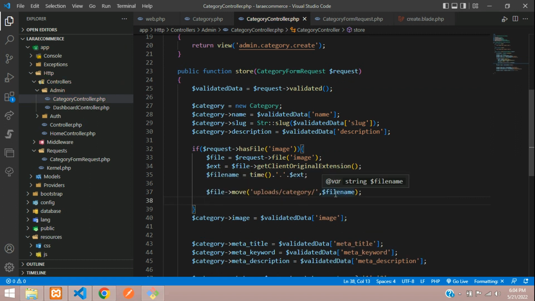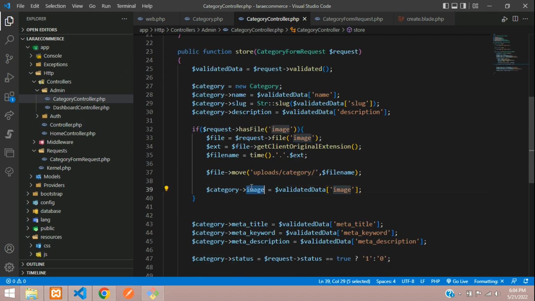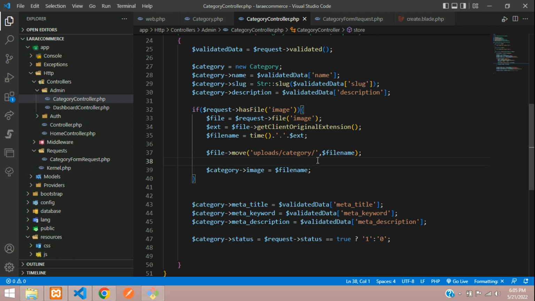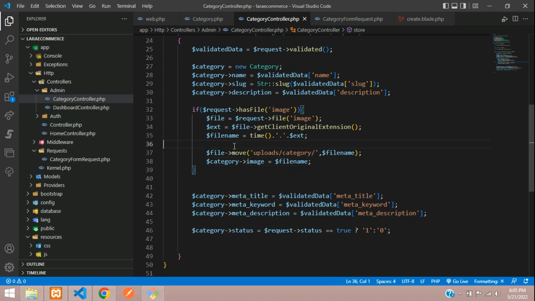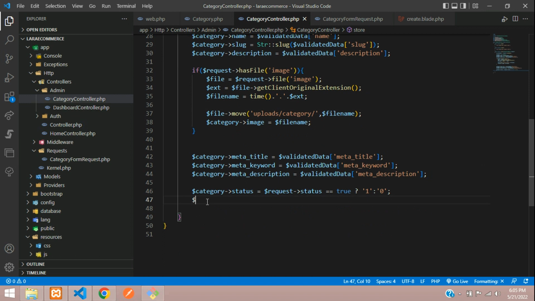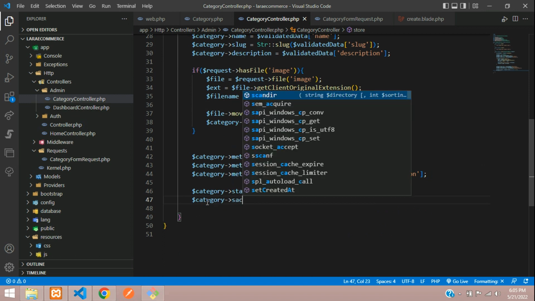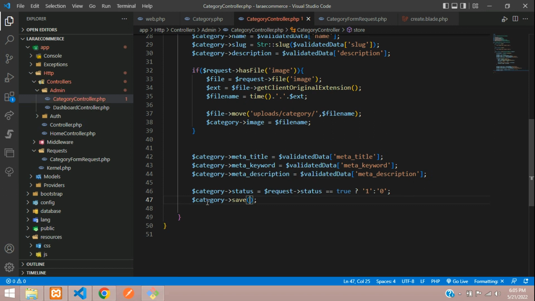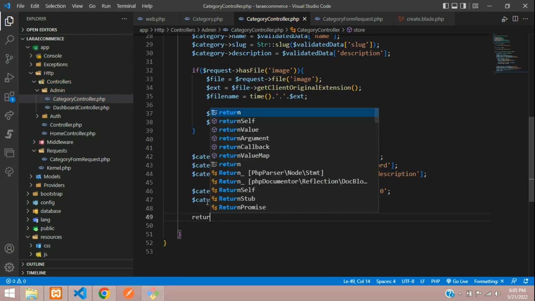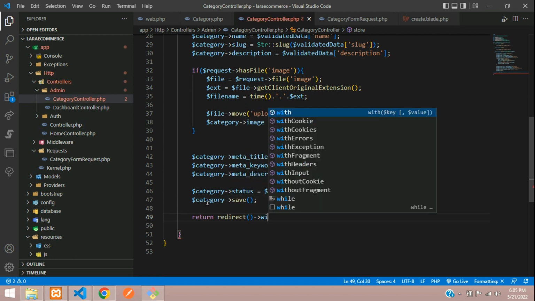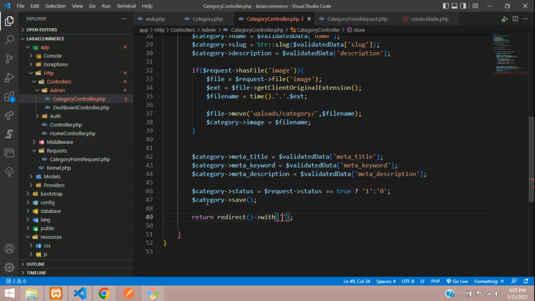Now guys, once the file is moved, we are going to save the record. So you're going to use category of image where you're telling that this will be the file name. So let's remove this and add the file name. As simple. So now guys, our image is going to be uploaded and saved. So let's execute the final query over here. Category variable of save function. Okay. So once saved, return and redirect with message, like message as category added successfully,